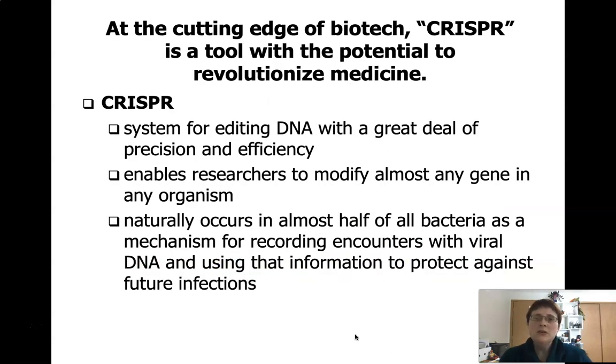So one of the newest biotechnology tools you may have heard of is called CRISPR. CRISPR is a new system for editing DNA. Previously we had a longer process that wasn't as precise for going in and cutting out these genes. But CRISPR has the potential to revolutionize medicine as well as other parts of the genetic engineering field and biotechnology